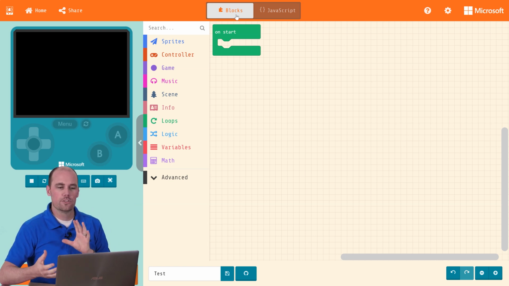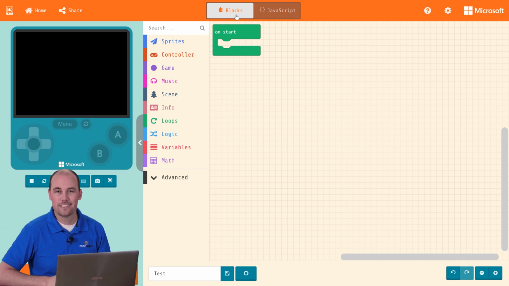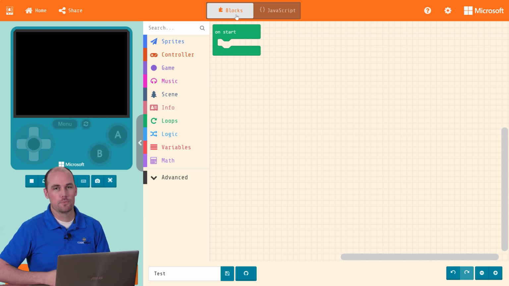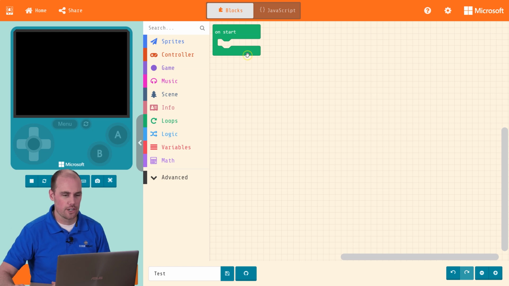However, we are going to look at how to make a tile map using the blocks. And then later on, we will revisit tile maps in JavaScript. The reason why we're doing this is because it's a bit more complicated in JavaScript to make the tile maps. So let's start off with something a bit easier to understand and then work our way back into JavaScript. So create your game. You can call it tile maps or whatever you want, and start with a blank screen